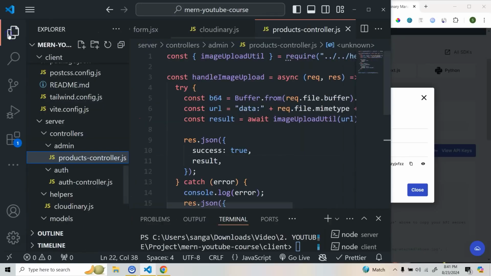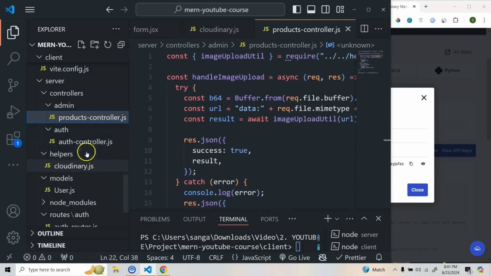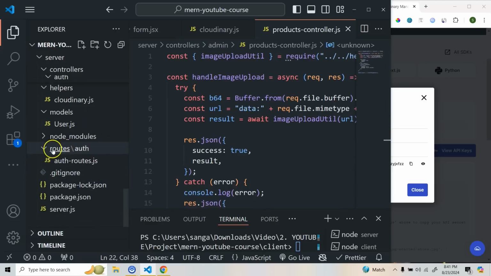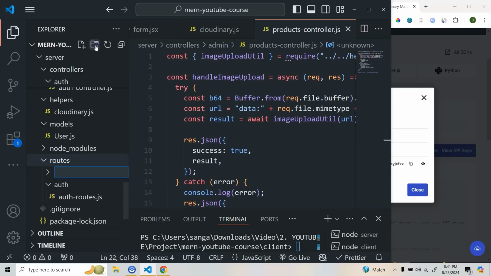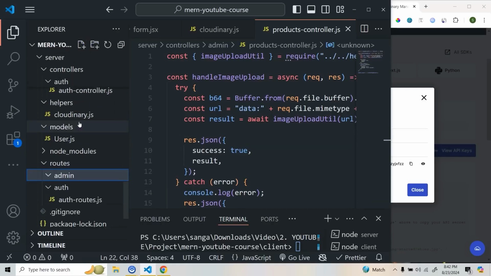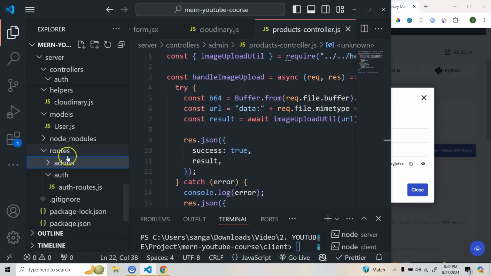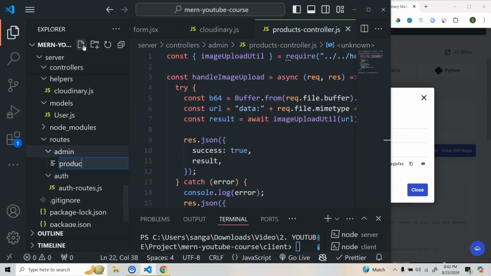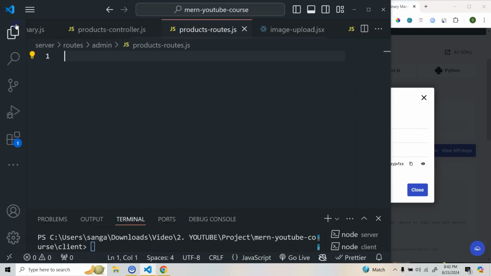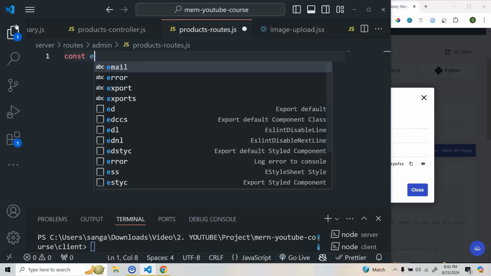Alright, now once this is done, we need to create our routes, correct? So inside this routes folder, I'm going to create another folder. Let's call this one admin, and here I'm going to create products, product-routes.js. Okay, so first we need express,